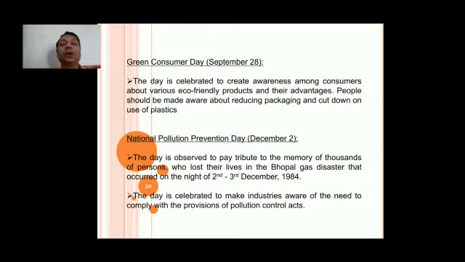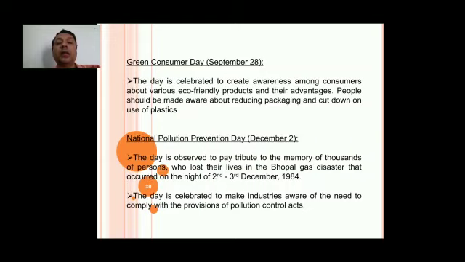Green Consumer Day, September 28. The day is celebrated to create awareness among consumers about various eco-friendly products and their advantages. People should be made aware about reducing packaging and cutting down on the use of